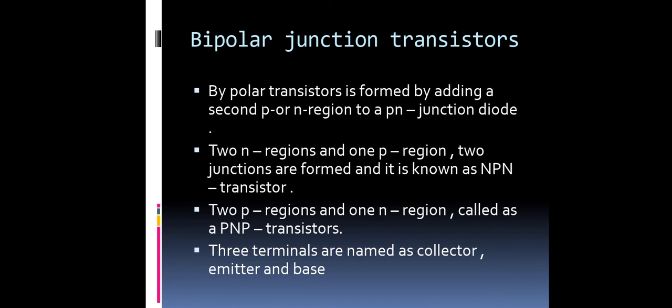It is used in thyristors and transistors. Its voltage and current ratings are very high. Power transistors are divided into five main types. First is the BJT, bipolar junction transistor. Second is the MOSFET, metal oxide semiconductor field effect transistor. Then the static induction transistor, the insulated gate bipolar transistor, and fifth is the CoolMOS.